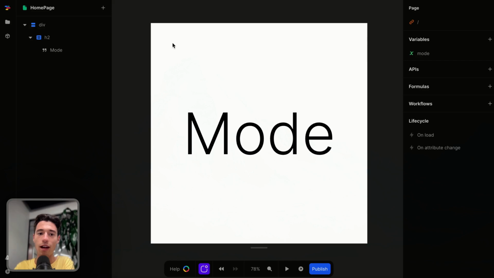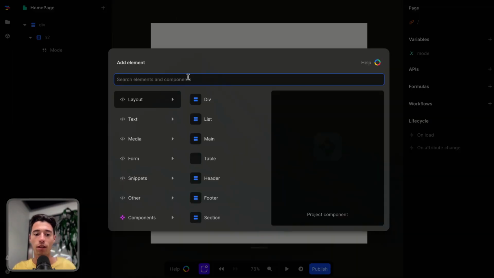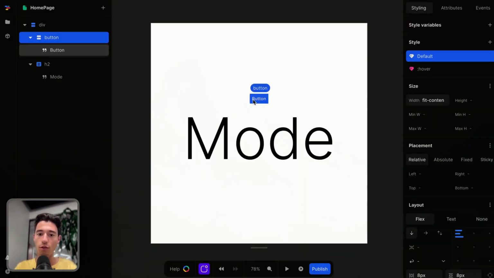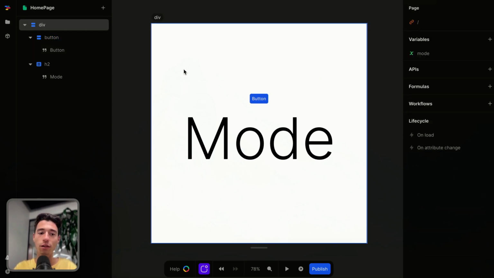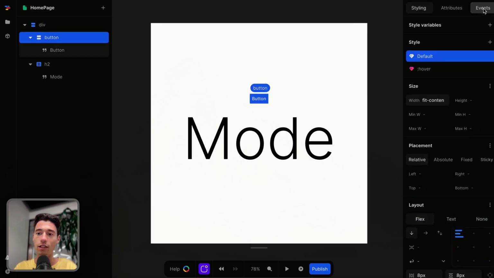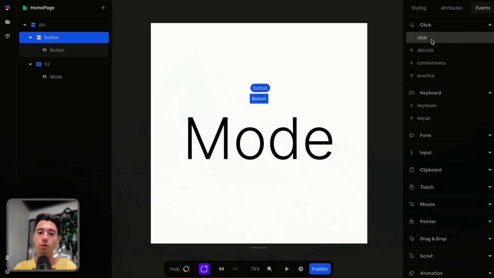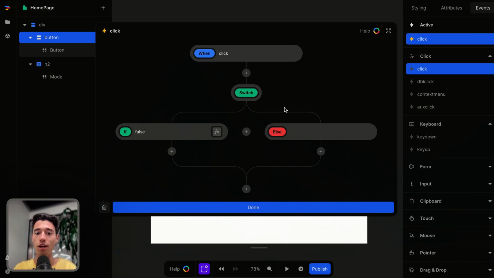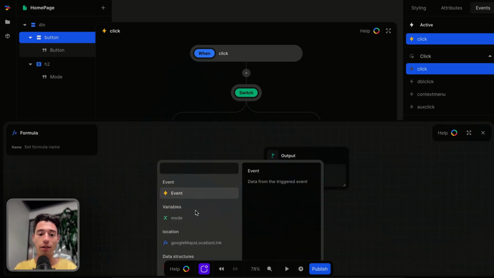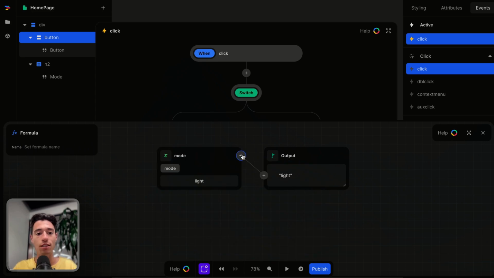And now I can add a button, for example. So I can add a button over this, for example. And now what I can do is I can go on the button, and I can go to events, and I do on click, and I can do a condition in here. We add a condition by typing switch, and in the switch I can make a condition. In this part here where I have this fx for the formula, I can create my condition. The condition will be based on the main value of the variable. So I just claim variable